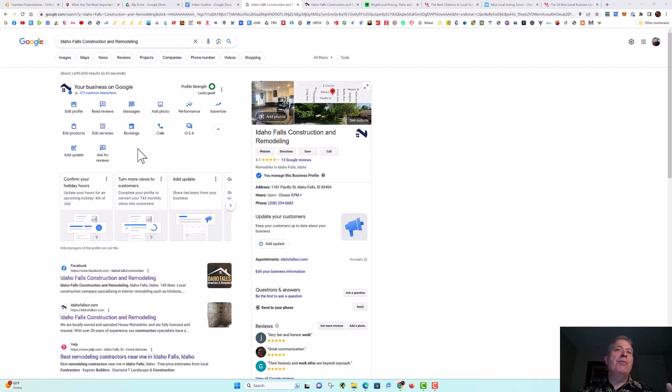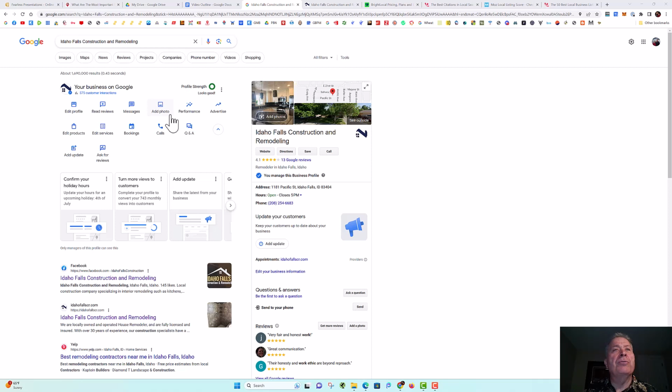Every type of photo that it asks for, when you get to the photo section, get a decent camera if you need to, or hire somebody, get photos taken for outside your business, inside your business, with your staff, every type of photo that it asks for.